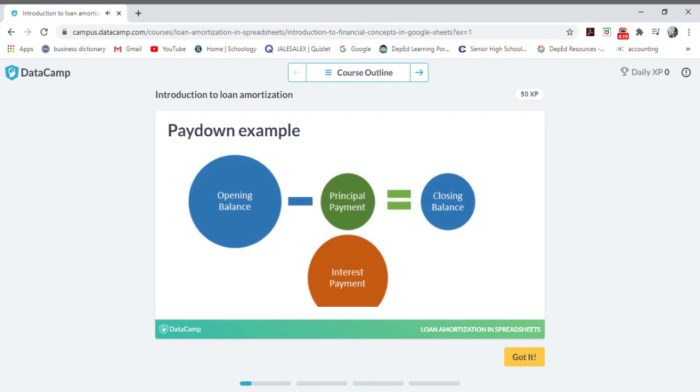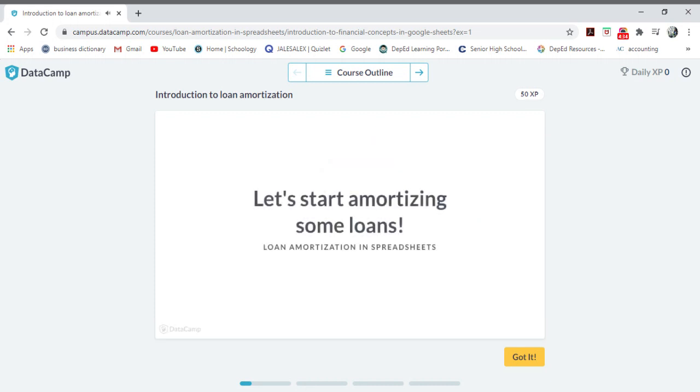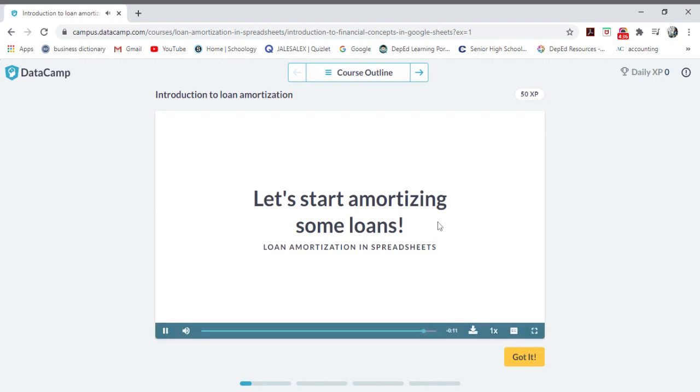The principal payment will make the closing balance smaller. As the closing balance gets smaller, the portion of the payment which goes to principal gets larger. The final principal payment will reduce the closing balance to zero, ending the loan. Now that we have all the terms down, let's start making some loan schedules. In the exercises that follow,